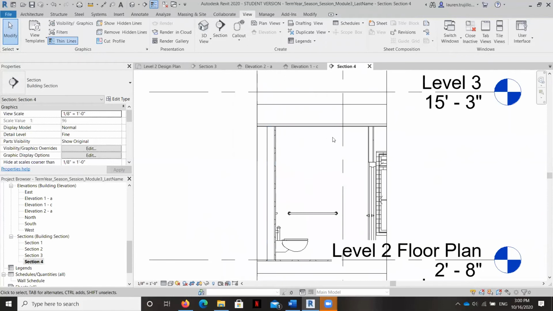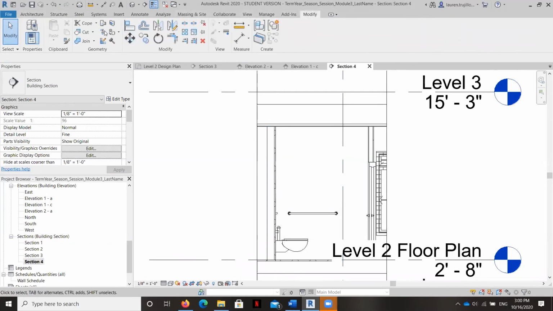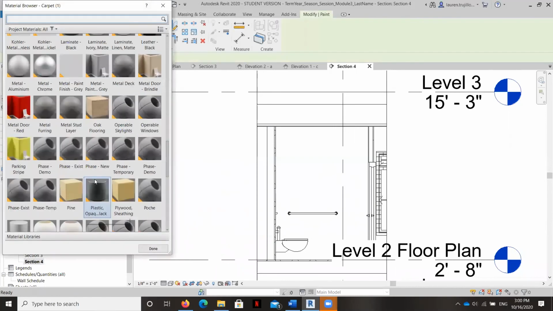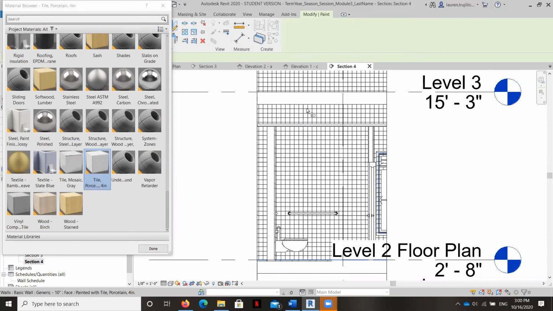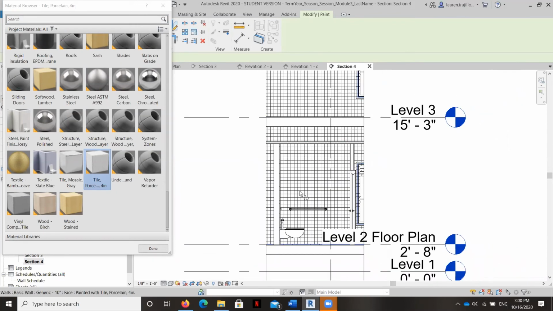All you would have to do would be duplicate and change the other walls if you wanted that finish to appear as a structural element. If you don't necessarily need it to show in a section view, you just kind of want something for a schematic design, you can also just go ahead and paint it. And it might let you paint that, but it's going to paint all the tile, or pardon me, it's going to paint all that wall everywhere. It's going to cover the entire wall.